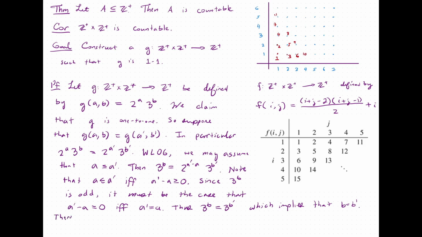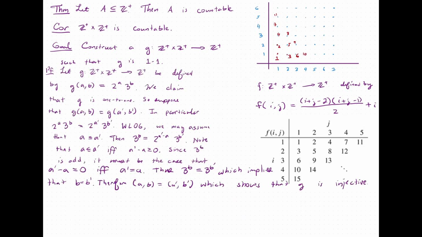Therefore, (a, b) is equal to (a', b'), which shows that g is 1 to 1. Or in other words, it is injective. Now, we're going to redefine g. So next,